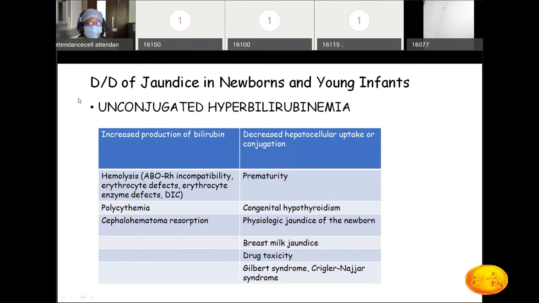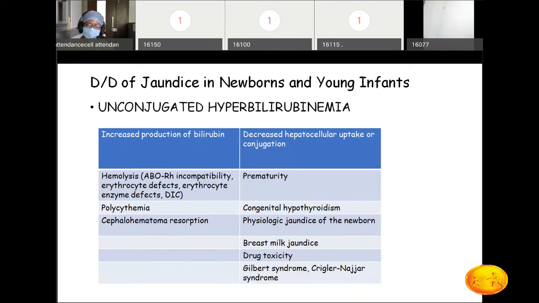Okay. So we've got the enzyme deficiencies. You've got G6PD deficiency and pyruvate kinase deficiency. Both of them can be seen. Then you've got disseminated intravascular coagulation. Again, you've got a mismatch: there's bleeding somewhere, thrombosis somewhere. Lots of RBCs will be getting trapped in the thrombosis, resulting in increased bilirubin production. So any hemolysis will result in increased production of indirect or unconjugated bilirubin.